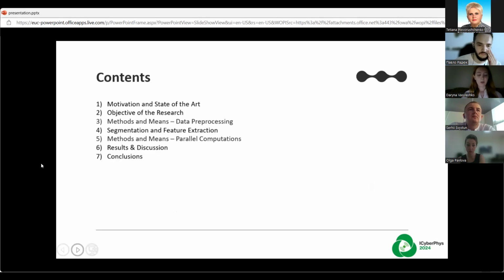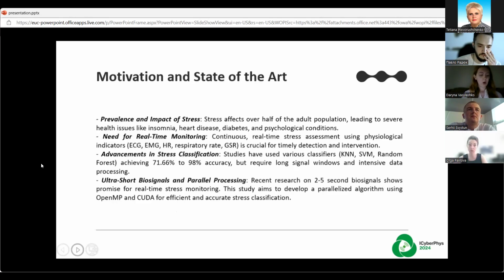And finally, we will conclude with a summary of our findings and suggest future research directions. So stress is a prevalent issue impacting more than half of the adult population and contributing to severe health problems such as insomnia, apathy, heart disease, diabetes, cancer, and various psychological conditions. Recent data shows a significant rise in long-term stress and physiological illnesses, highlighting the urgent need for innovative health monitoring